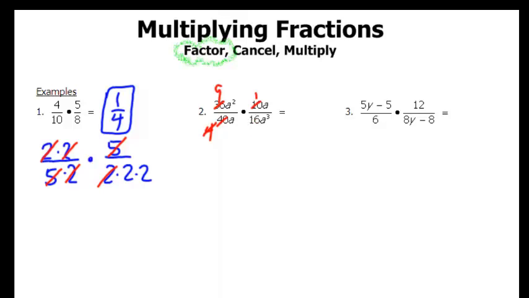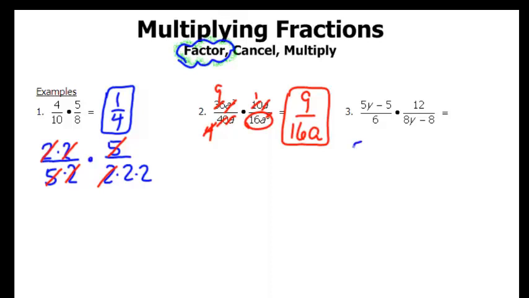And then the a's, well, I can obviously cancel an a into an a squared, and that a can then get canceled into that a cubed, which cancels with that a, leaving just an a. So I get 9 over 16a. There are a lot of different ways to do that, as there will be different ways to do these algebraic multiplications as well. So the first thing I want to do is my factoring step, and I'm going to factor out a